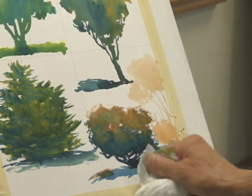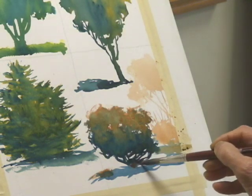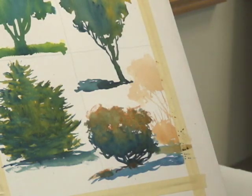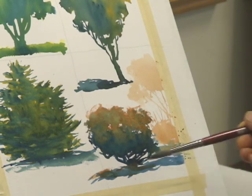There's also the possibility of actually lifting the color if you find that that's not satisfactory. The more you go beyond the control of these studies, the more and the looser that you can be, the better your work will be informed for other opportunities